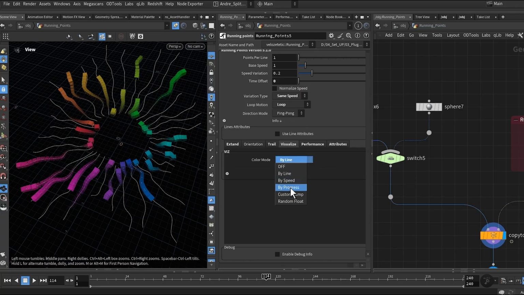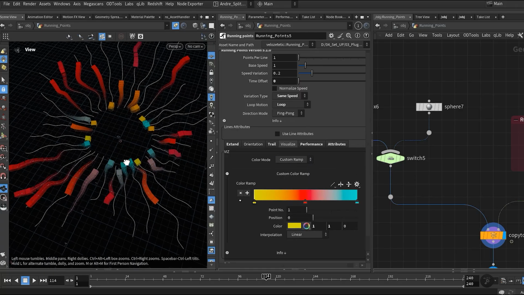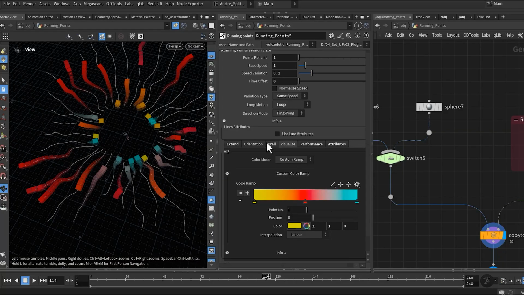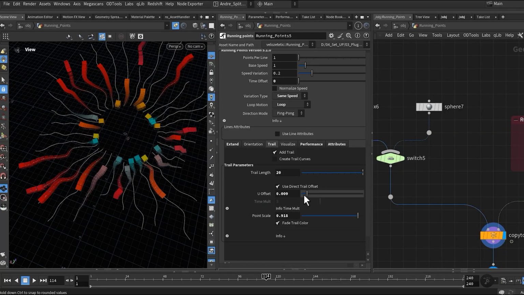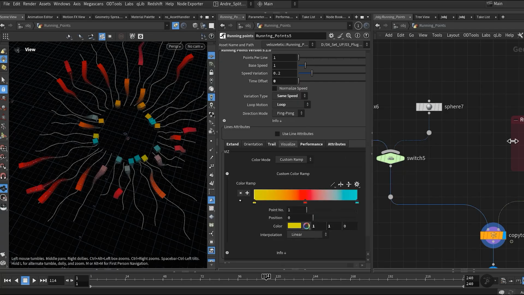Custom ramp lets you set the color manually using a ramp.